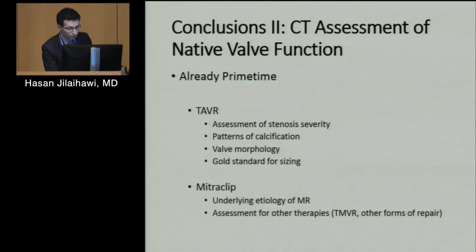We're using it increasingly with MitraClip to understand the underlying etiology, and at the same time we're assessing such patients for